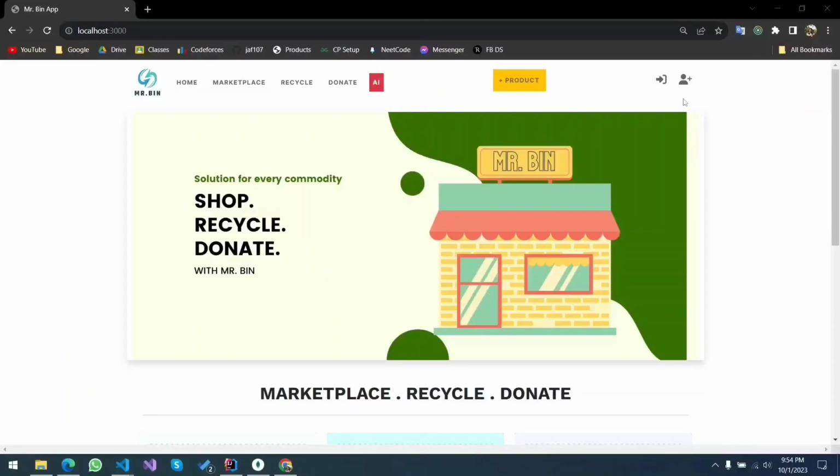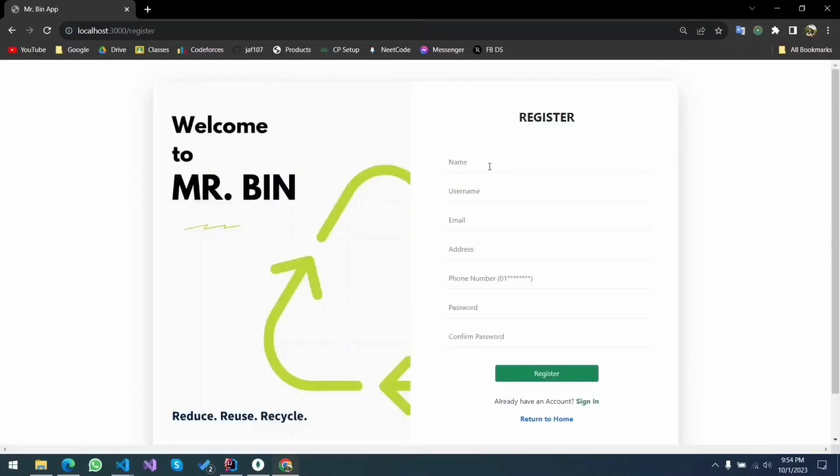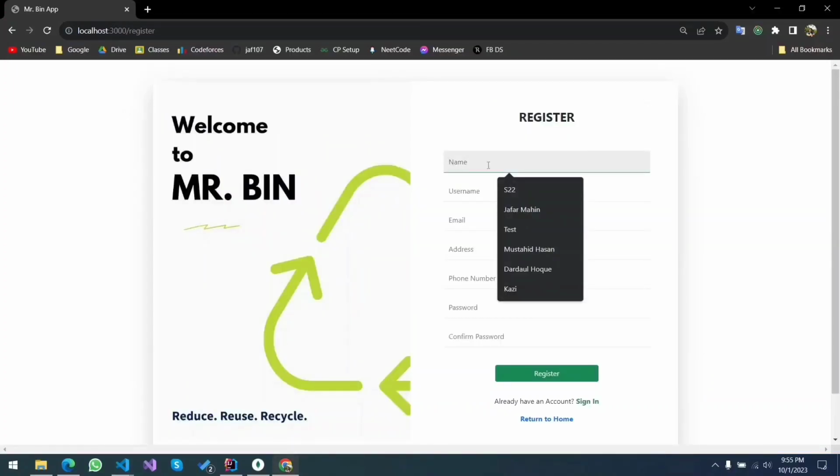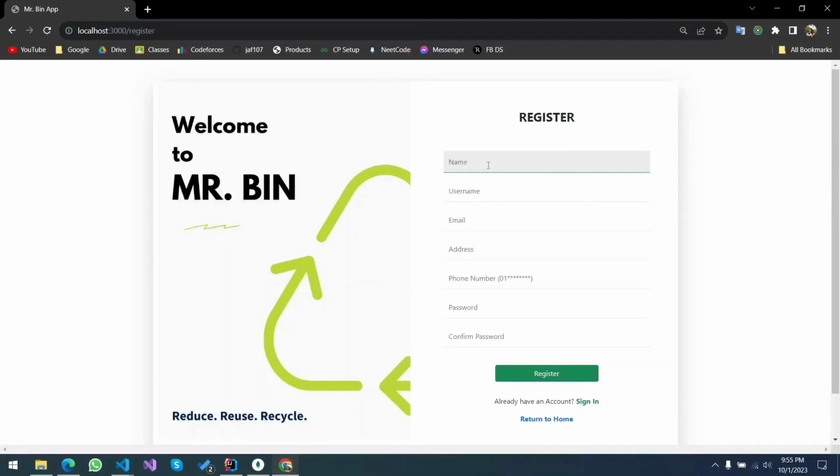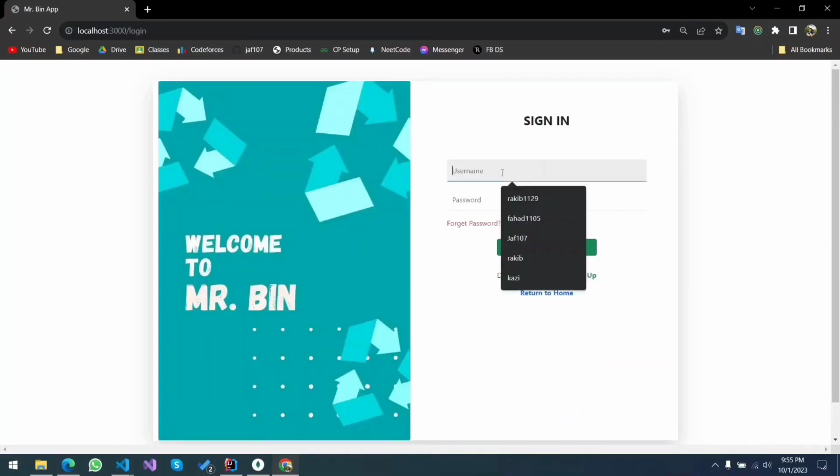So now the user management section. Here in MrBin, a user can register with his or her name. And then we also need to sign in.